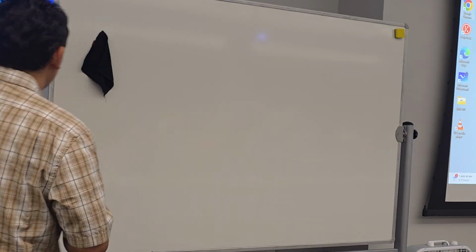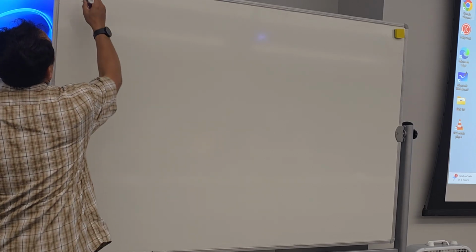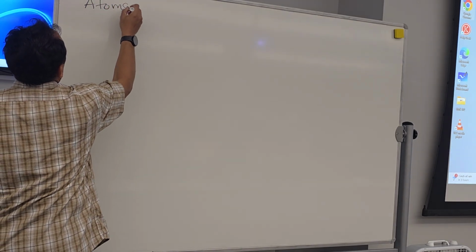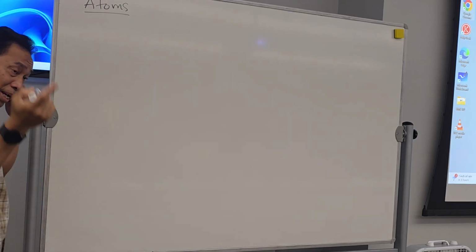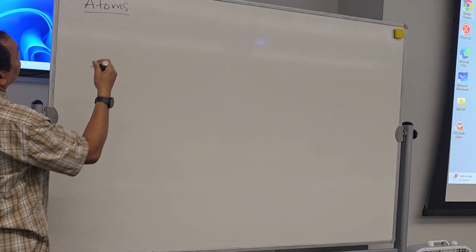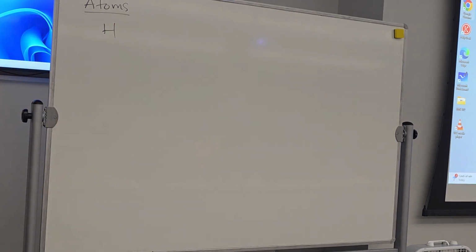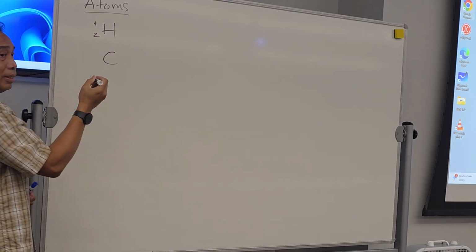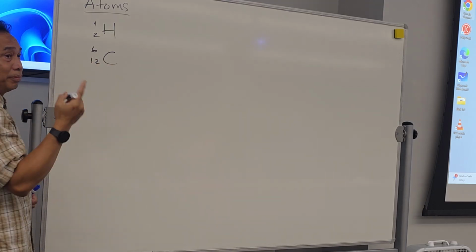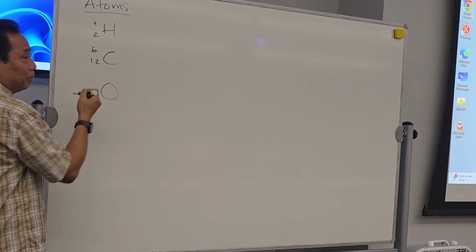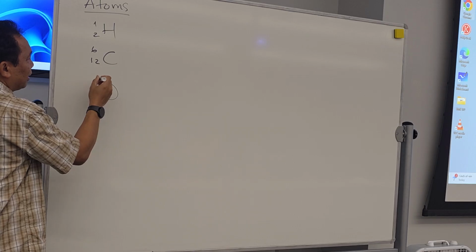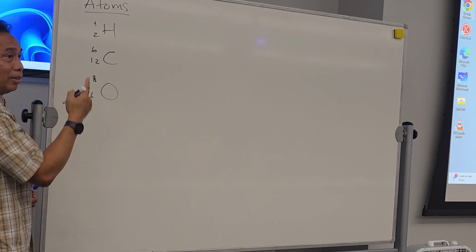Now, last time we talked about six items that are major in the human body. So atoms. Let's list the 6 major atoms in living things. We start maybe with hydrogen. And what is the number for that one? 1, 2, right? And then let's say carbon, 6, 12. What else? Oxygen, which is what? 8, 16. Nitrogen,